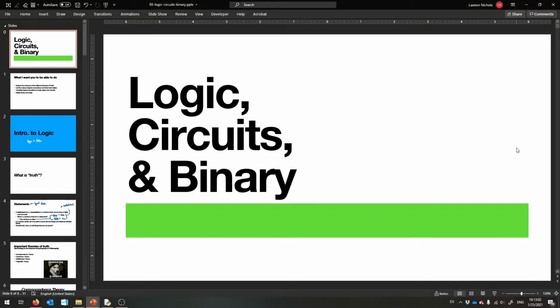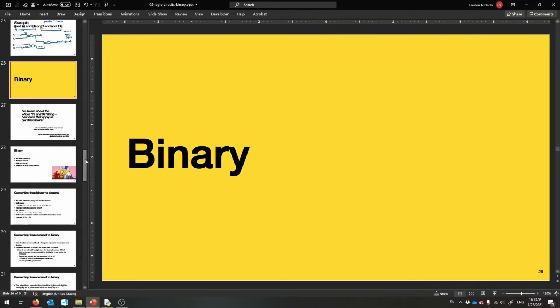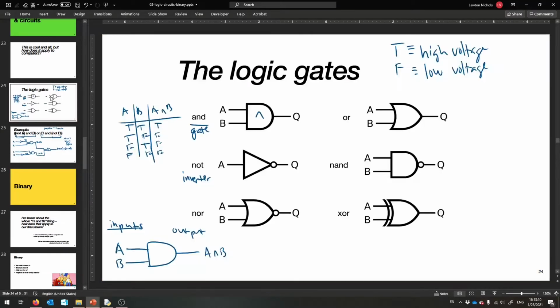All right, welcome back. Let us pick up where we left off, and then we'll also go through some new slides today, so you can get to your essay. So we're talking about logic gates, cool stuff that you can do with them, with true and false,